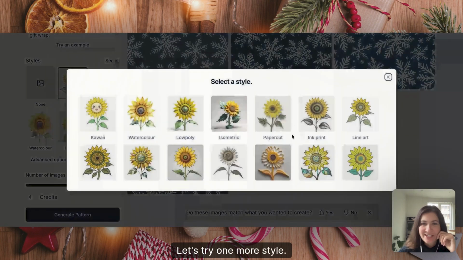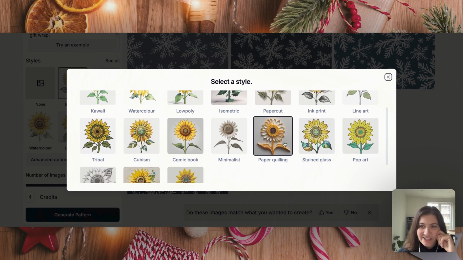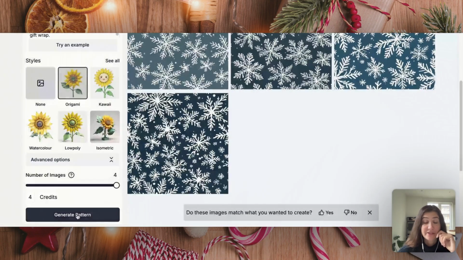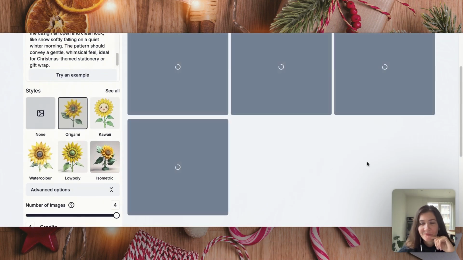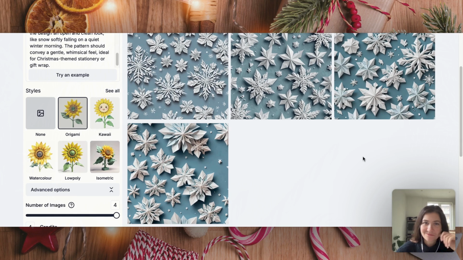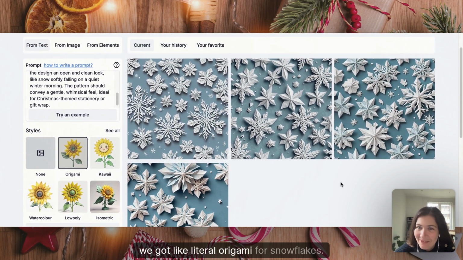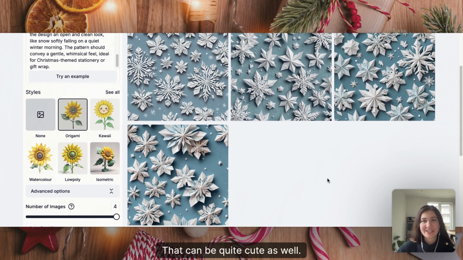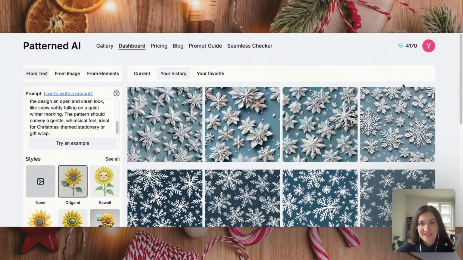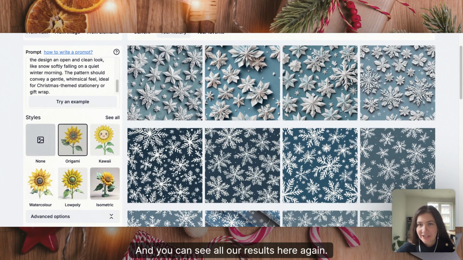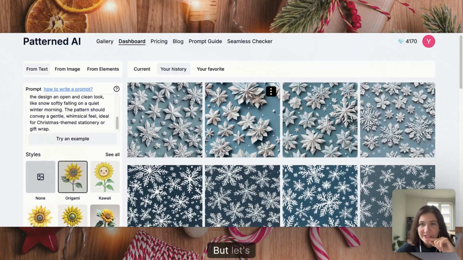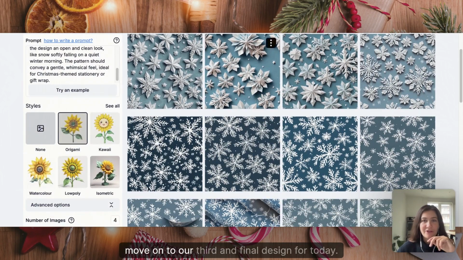Let's try one more style out of curiosity. Maybe origami, that would be unexpected, probably. Oh, we got literal origami for snowflakes. That can be quite cute as well. And you can see all our results here again. I think we got some good results with this one, but let's move on to our third and final